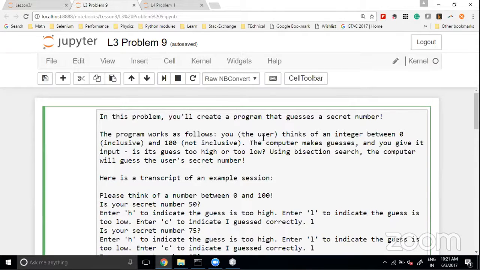Yeah, the user can cheat, in the sense it can actually lead to a lot of inconsistent entries, right? He can say one is low and again he can keep entering low. Even if it is a correct value, he can keep entering low or high or whatever. So it can keep on going for a long time. That is true, but